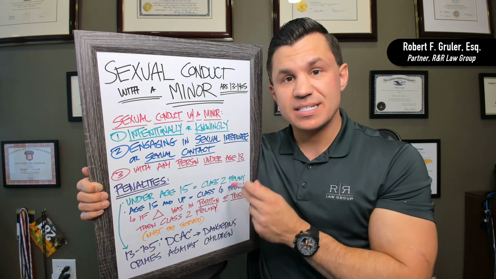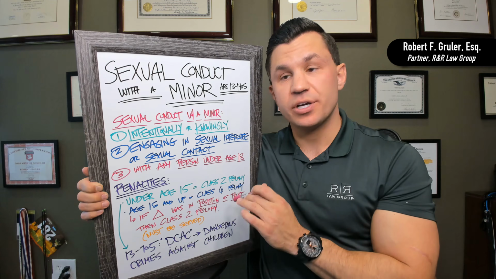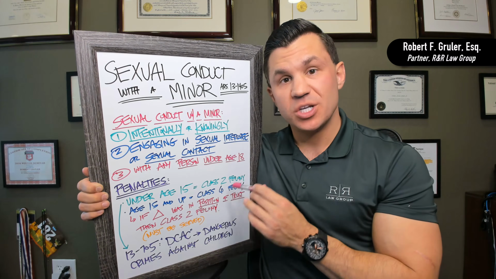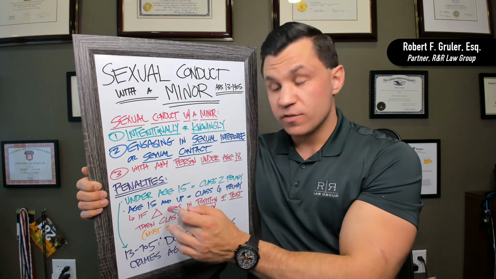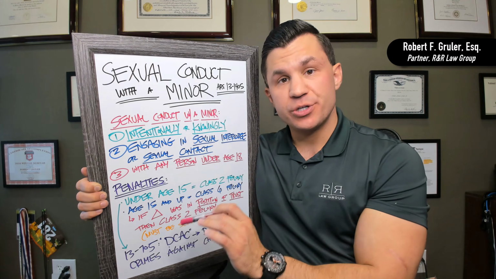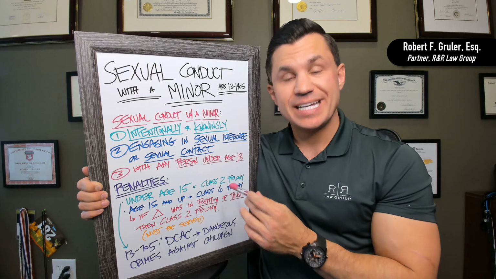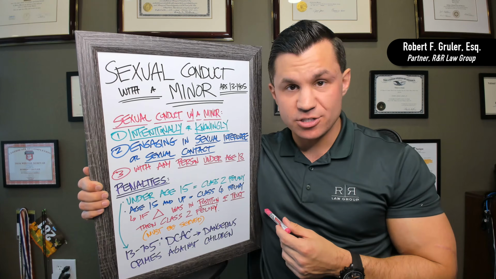So it's very, very serious, and this is a very important part of the case because not only are you wanting to combat these elements, you also want to make sure you understand how the sentencing will work. Now, if a person is 15 and up, and the person who's being charged with this crime is in what's called a position of trust, it's going to elevate it from that Class 6 all the way back up to a Class 2 again.